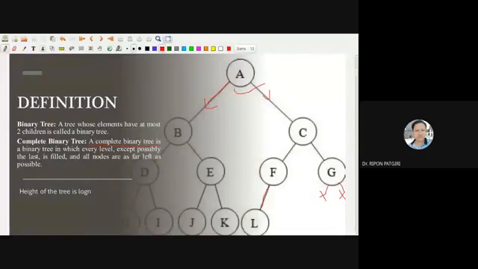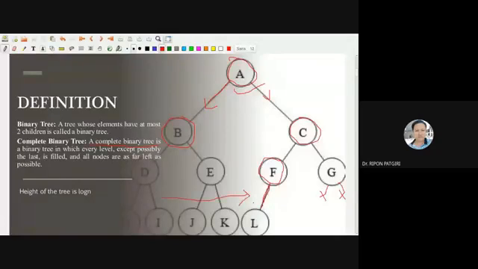Every internal node, these are internal nodes, must have two children, except this last node. This is an internal node, but it has only one child, and it is from left to right.